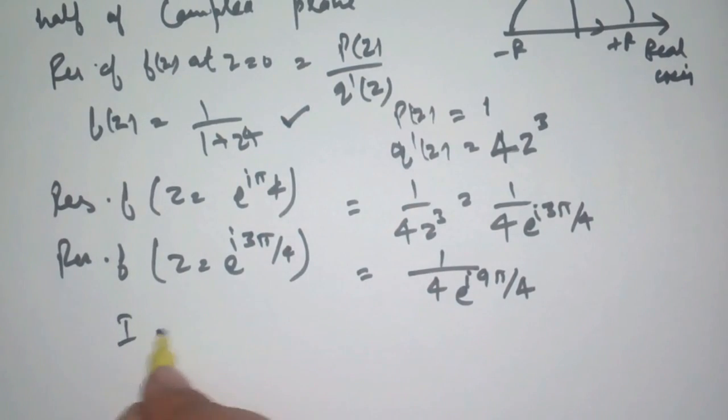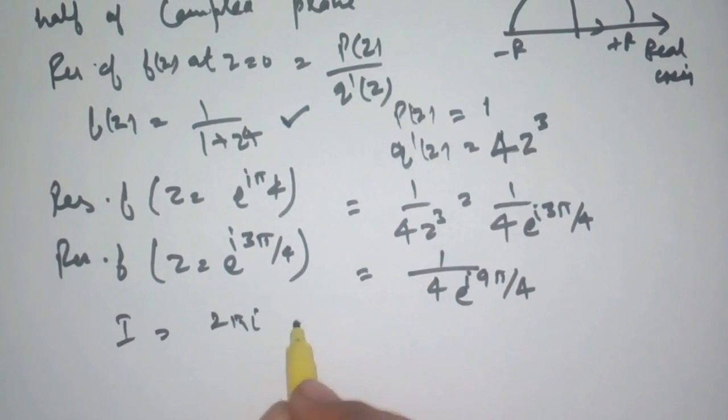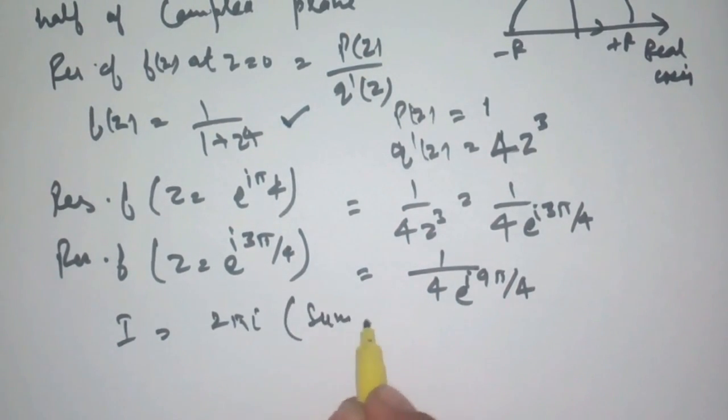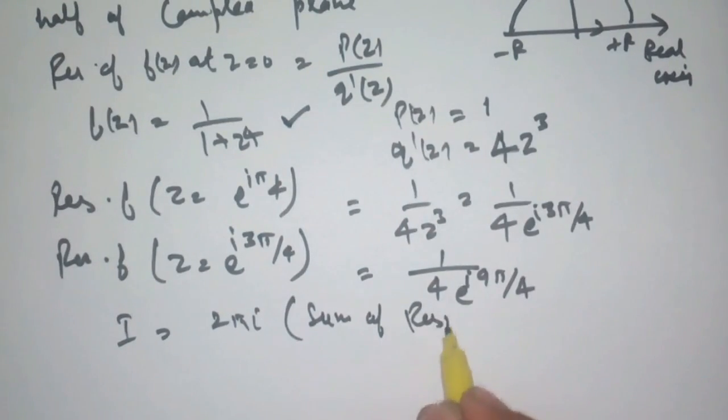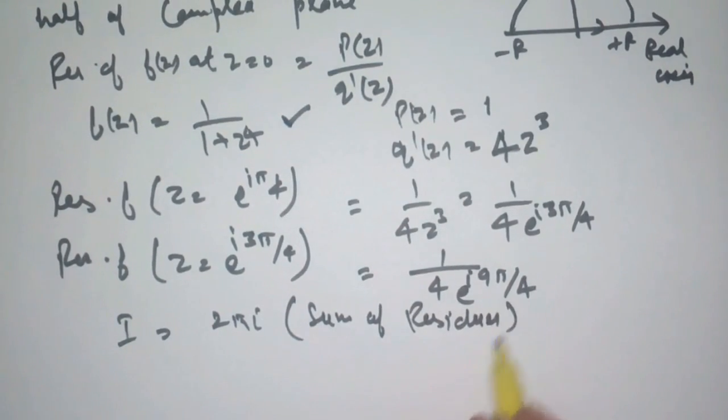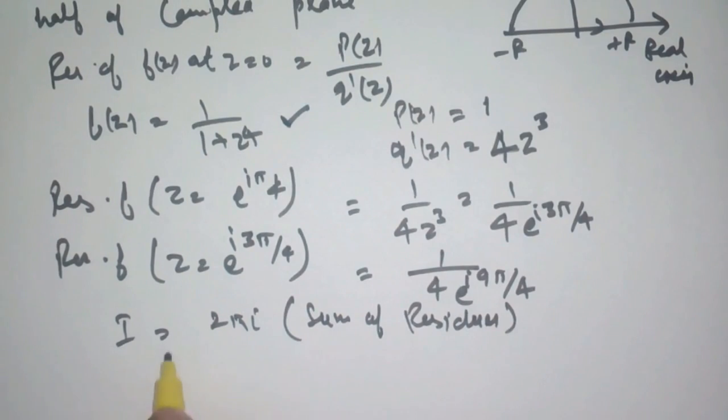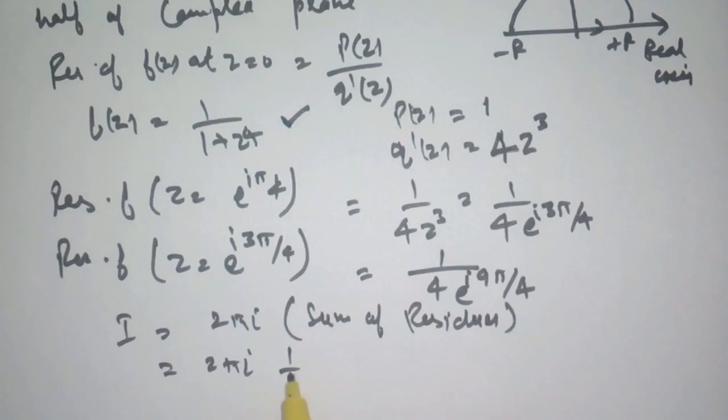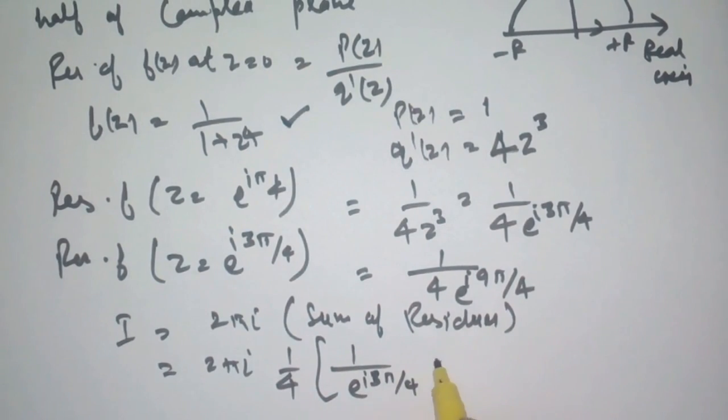Now I is equal to 2 pi iota times the sum of residues, which can be written as 2 pi iota times 1 upon 4, taking common, 1 upon exponential iota 3 pi upon 4 plus 1 upon exponential iota 9 pi upon 4,